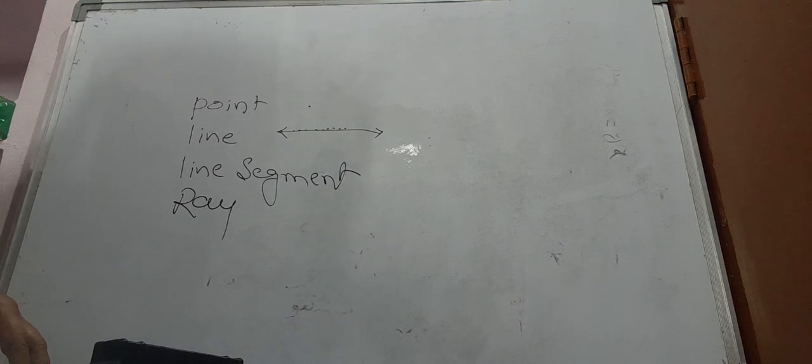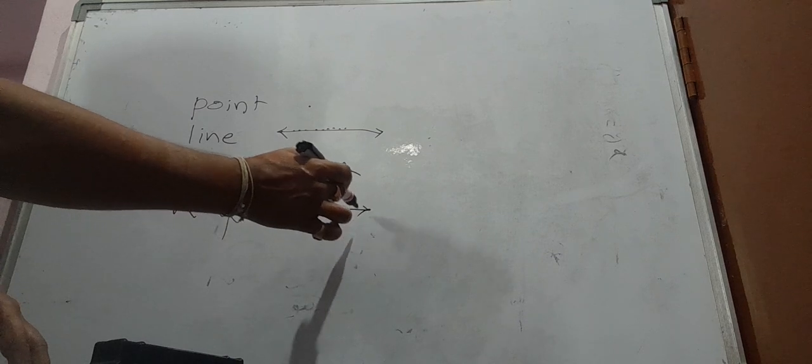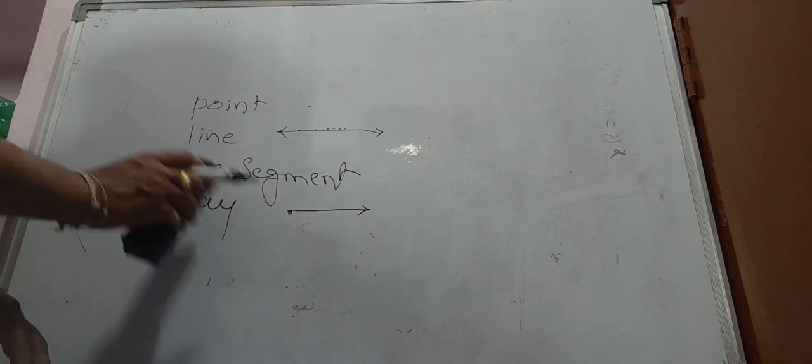A part of a line is called a line segment, and a ray starts at a particular point and where it ends we don't know. So these are the basics. If I discuss more about this, the total class will go again on point, line, line segment, ray. So now what we will do is we will try to understand what is a